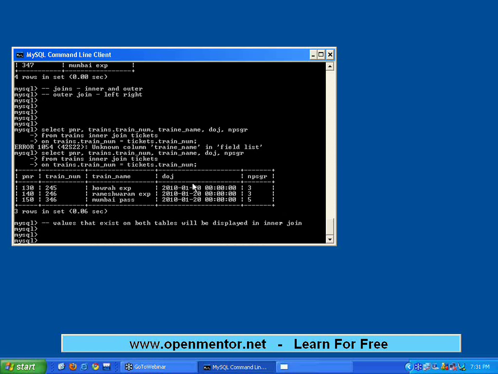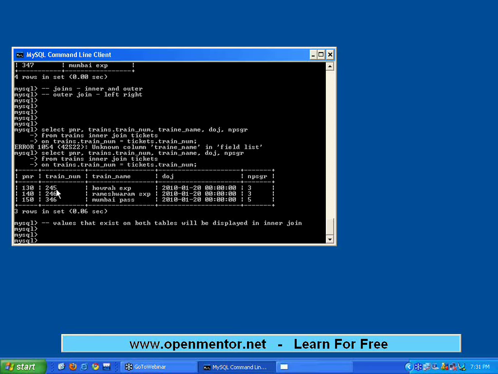This is the concept of inner join. That value 245, I am joining based on train number. So if that is a train number 245, this 245 must exist in trains table as well as this table. So inner join meaning values that exist in both the tables for that column will be displayed.